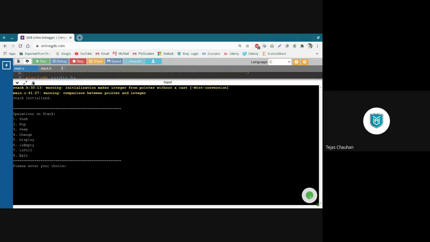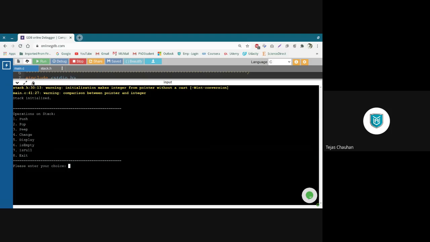Okay, today we have seen only 3 operations: init, push, and pop, and I expect that you complete this much part at least today. And in the next lab, we are going to complete this entire stack program. So we have this initialization message that's working properly, and then we have push, pop operations.